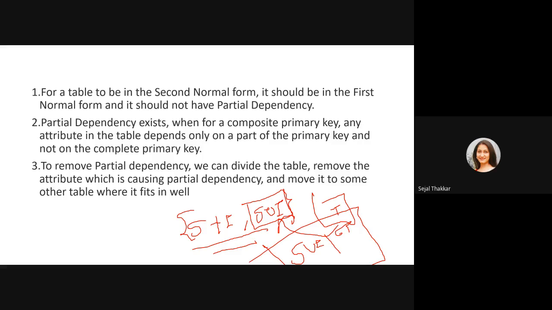Now we have to derive this table. Now teacher is not dependent on the combination of this table. The score table had this combination, right? So now teacher is not dependent on this score table. It is only dependent on this subject ID, and we have removed partial dependency. It has full functional dependency on subject ID, and this table has the partial dependency removed. So what exactly are we doing in normalization? We are just removing the dependencies and making separate tables. We just have to break up the table, from 1 into 2, and from 2 into whatever number. So every time in normalization we are just decomposing our tables.